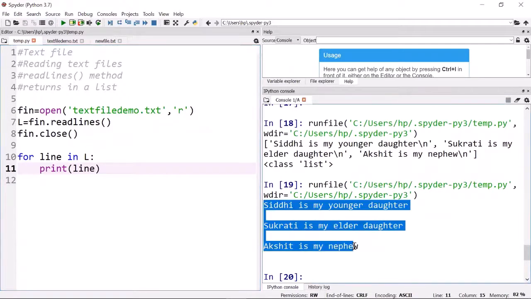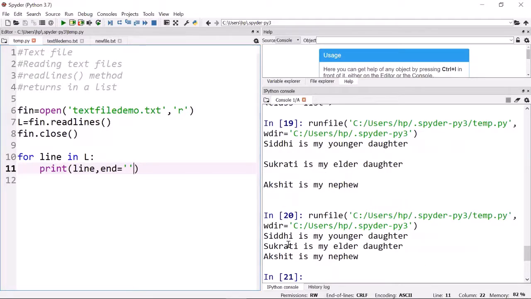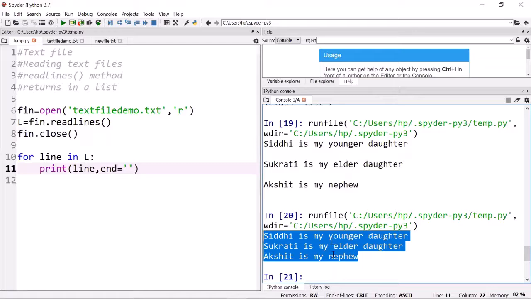All the lines are there, but notice there is one extra blank. Why? Because one \n is here itself in each element of the list, and one \n is because of this print. So let us have end as a blank. So if we run it again, you can see there is no extra line here.